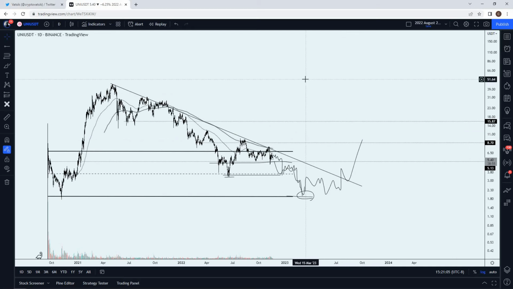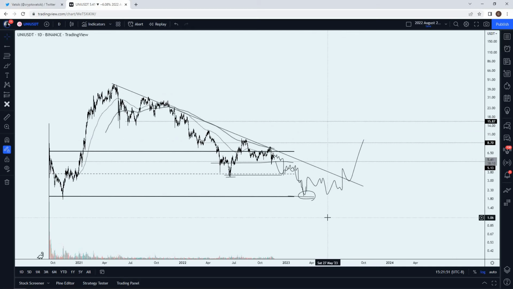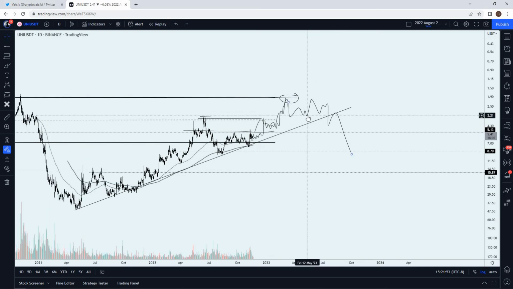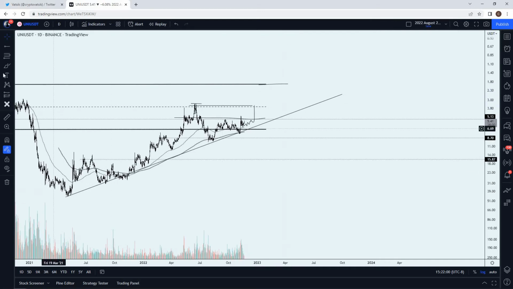Yeah, that's kind of how I'm looking at it. Like I said, there's nothing for me to believe or to assume at this point. What would convince me is if we start to consolidate closer down to this diagonal, with a clear impulse breakout above, like a clear high volume spike impulse move, to really convince me that the trend is broken.